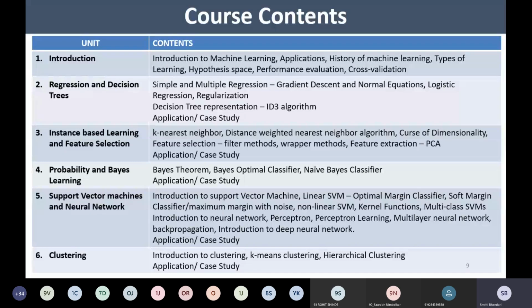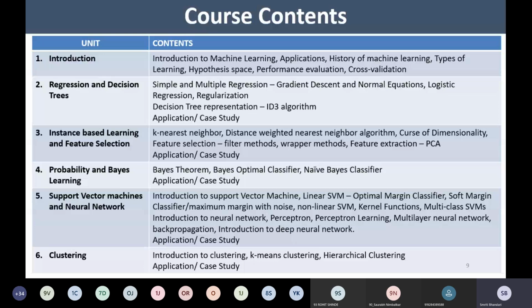Further, we are going to neural networks, wherein we are going to focus upon perceptron, which is a simple neural network unit, then perceptron learning, multi-layer neural networks, the backpropagation algorithm, and we'll have a small introduction to deep